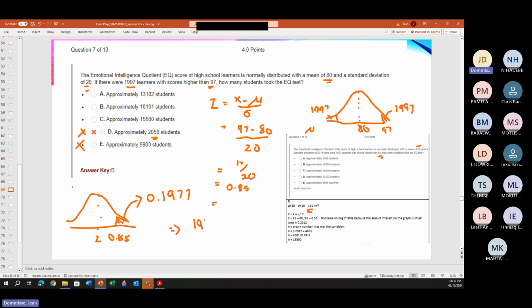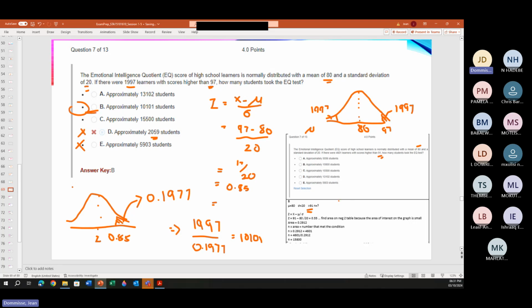So then to see how many students are in total, 1997 divided by 0.1977. So that is also very close. So many easy mistakes one can make with all these numbers that are so similar. Okay, let me just do 1997 divided by 0.1977. Sure. Okay, so 10101. Okay, so that is option